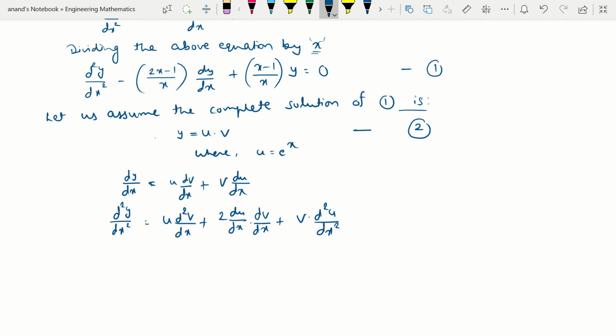Substituting the values of y, dy by dx and d2y by dx2 into first,